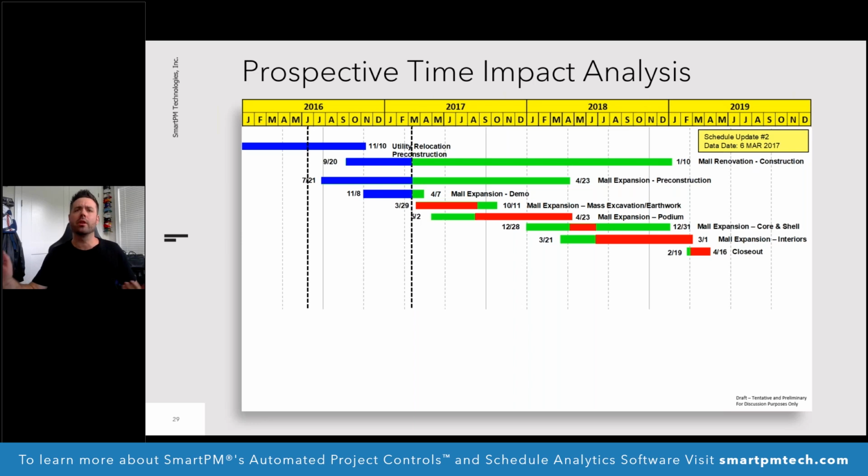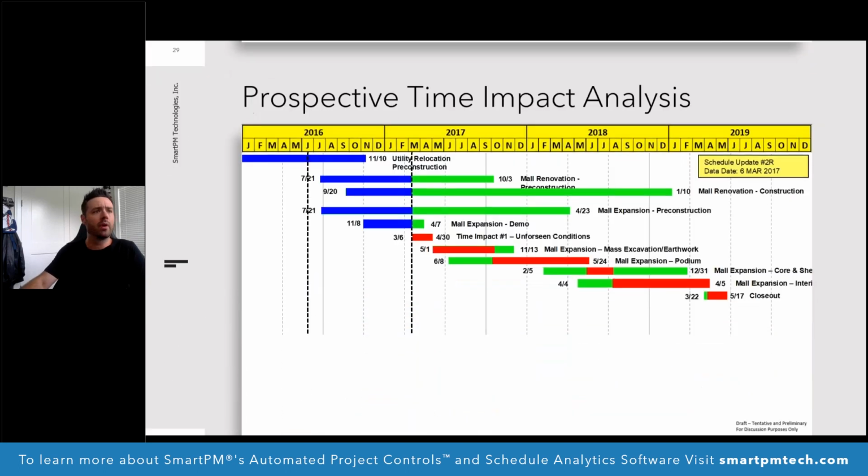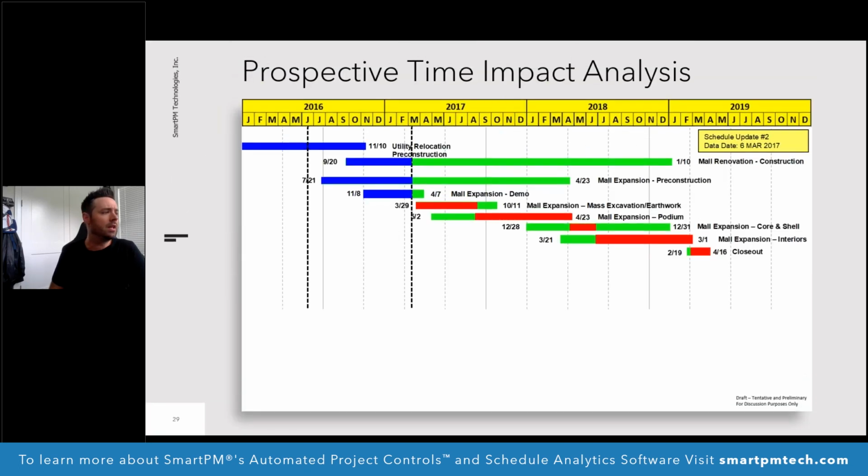So this is a very straightforward example. We can see here we have a March update. You can see the critical path there in red, going through the excavation and earthwork and then into the podium, and so forth. And in this case, as Mike mentioned, you would make a copy of this schedule. If we want to go ahead and go to the next slide,